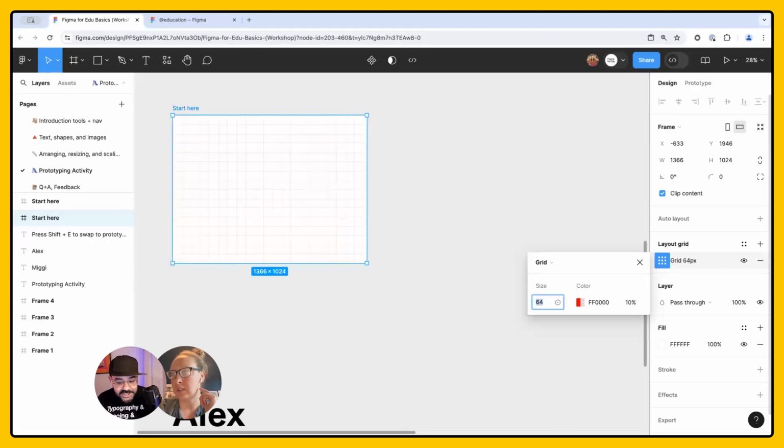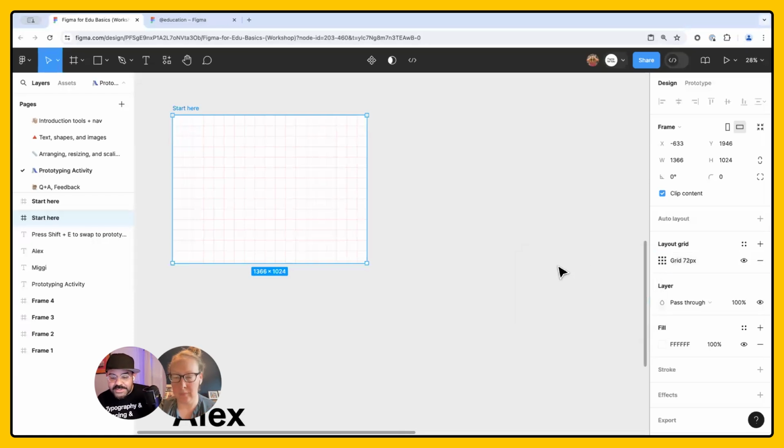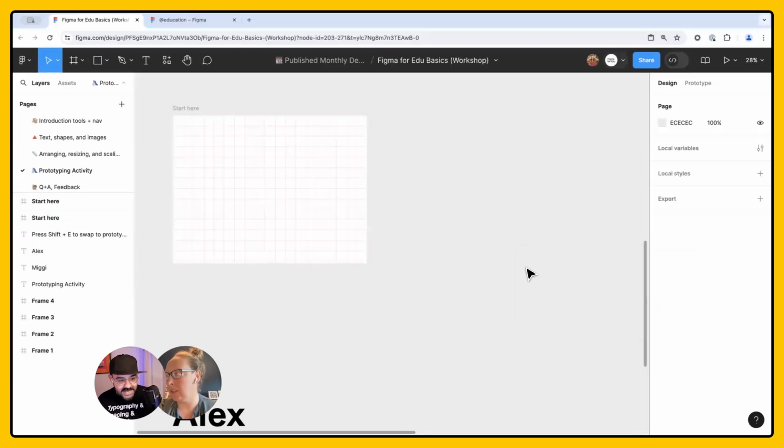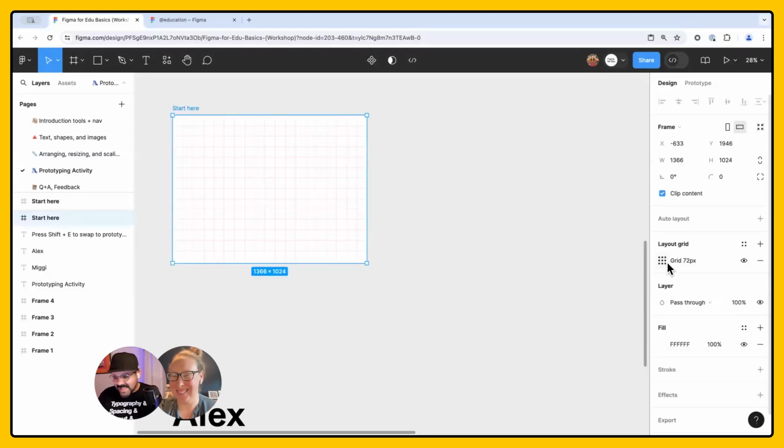So if I press shift down, right, I have my nudge settings set to 8. So I can go 8, 16, 24, 32, 40, 48, 56, 64, 72. Your nudge settings might actually be set in tens, right? If you want to change your nudge settings, I'll show you how. Do you want me to change your nudge settings? I think I'm good, honestly. Okay, just set it to 72. That's all you really need to know.